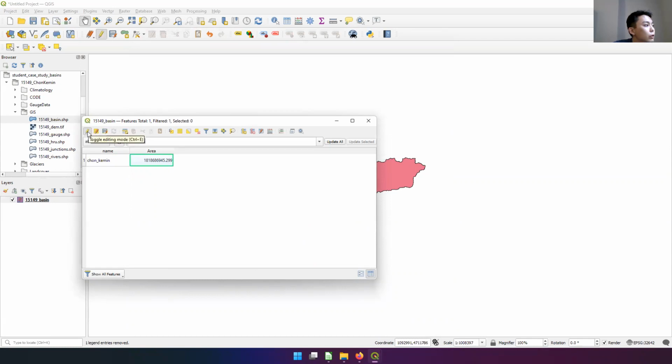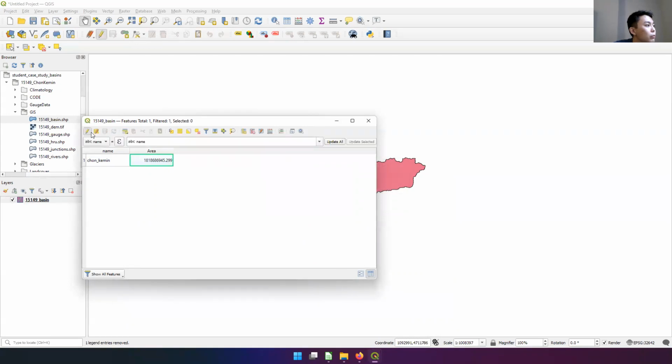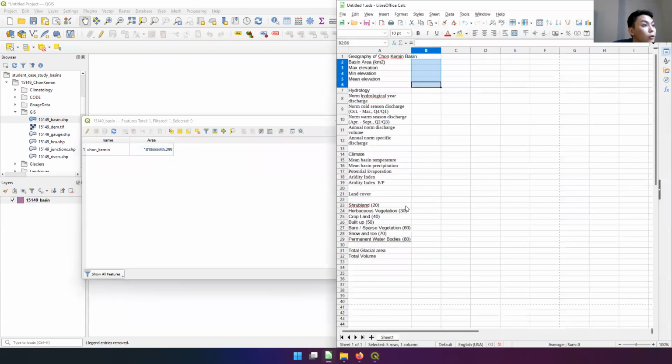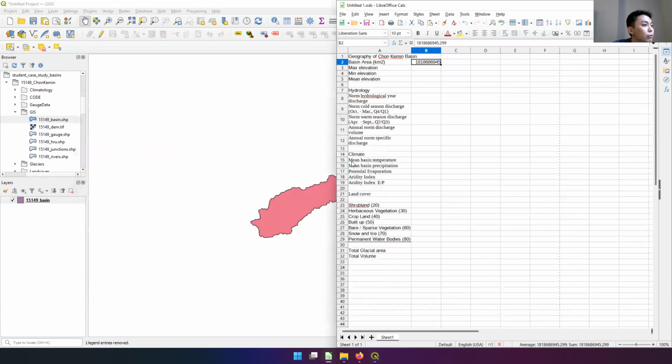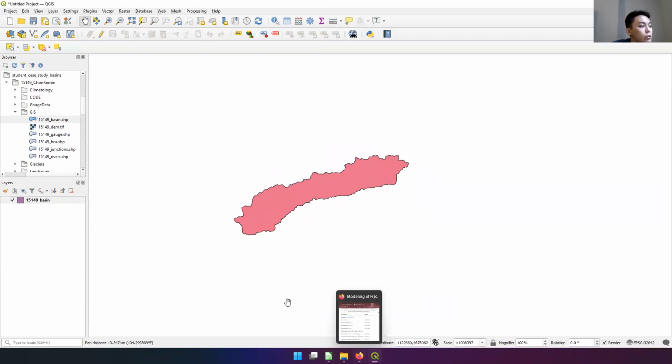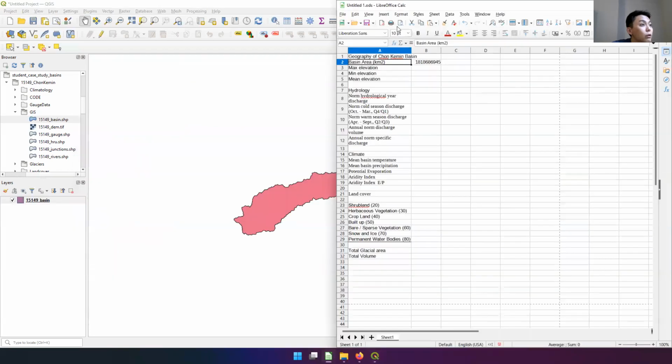Click on the pencil to save this data, and now we can copy and paste. So this is how we get the basin area information from the shapefile. But there is also an issue: the data from this shapefile is in meters,